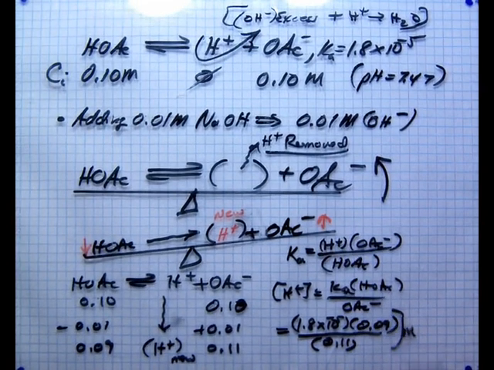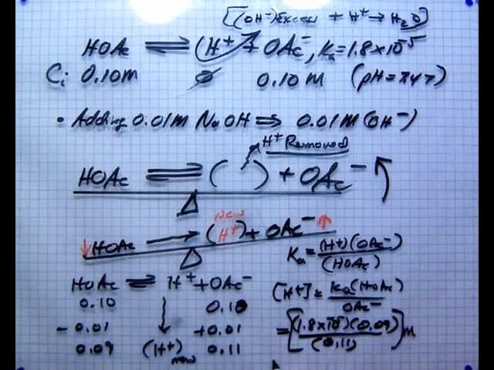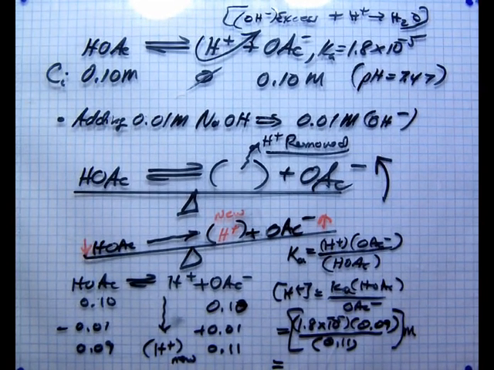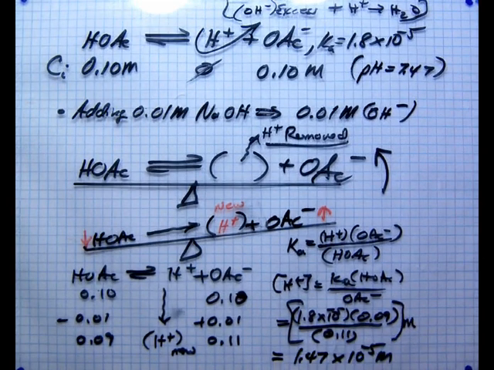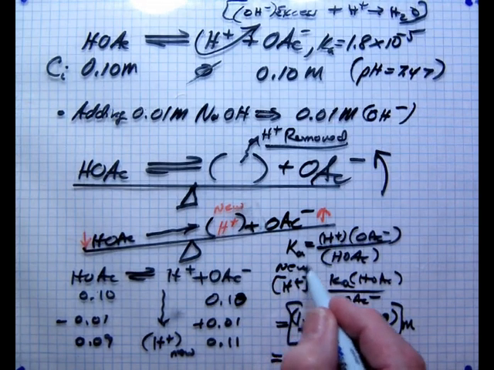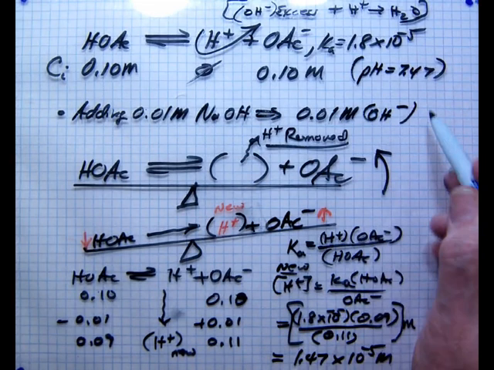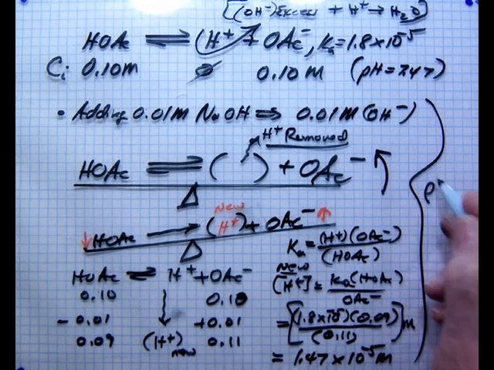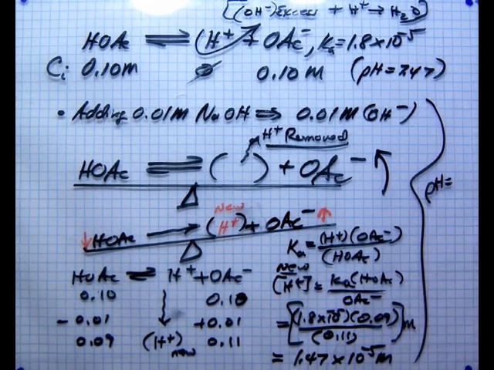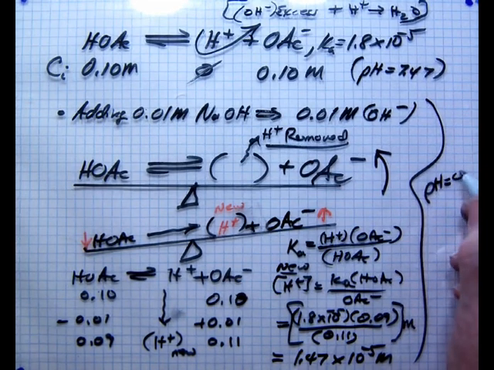It will all be in moles per liter, and we will have the new hydronium ion concentration, 1.47 times 10 to the minus 5. And so the problem winds up with a final pH. All I have to do is hit my log button, and I have 4.83